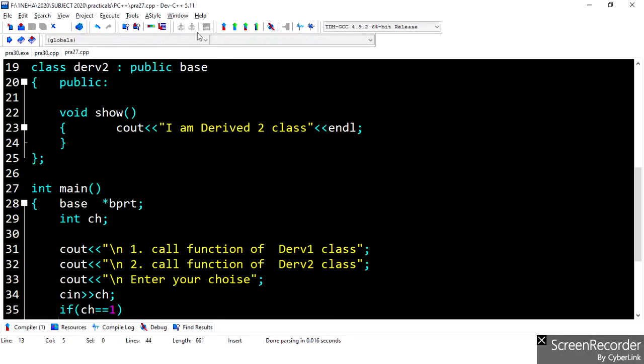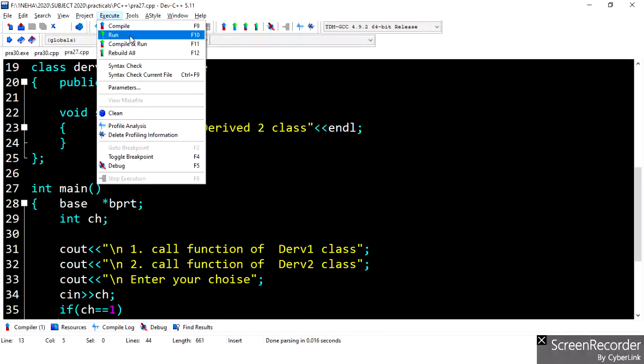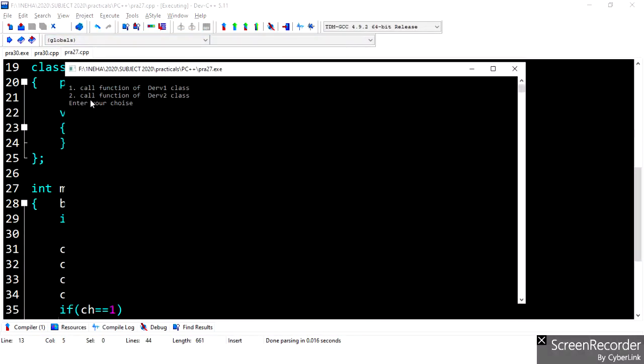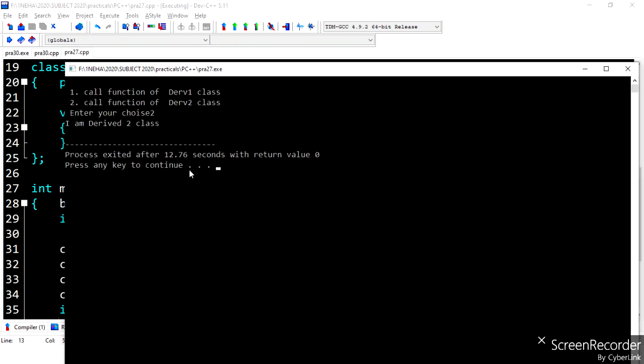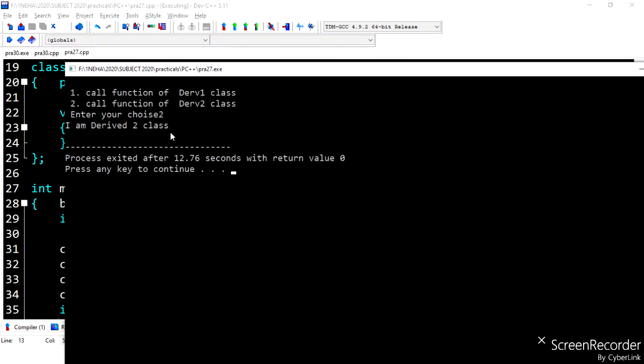Now let's see the output. Enter 1 to call the function of derive 1 class, or enter 2 to call the function of derive 2 class. So let's enter 2. Then see, it has displayed I am derived 2 class.